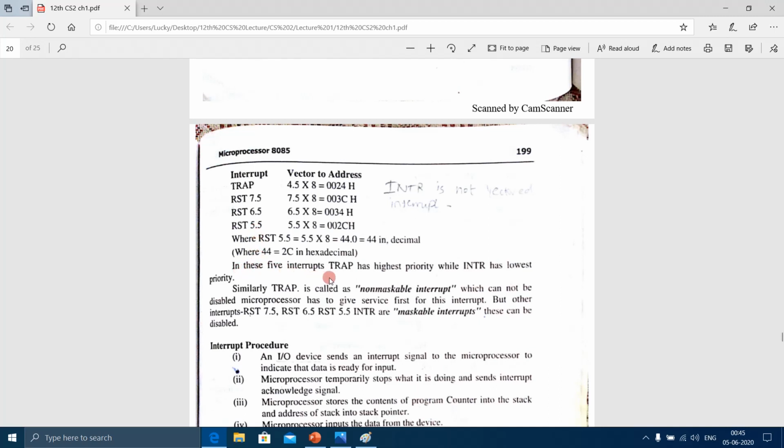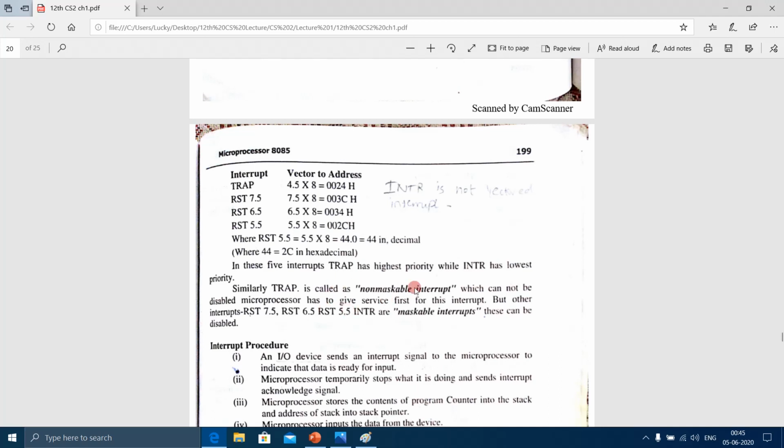In these 5 hardware interrupts, TRAP has the highest priority while INTR has the lowest priority. Similarly, TRAP is called a non-maskable interrupt, as I have told you. Non-maskable means which cannot be ignored, which cannot be disabled.